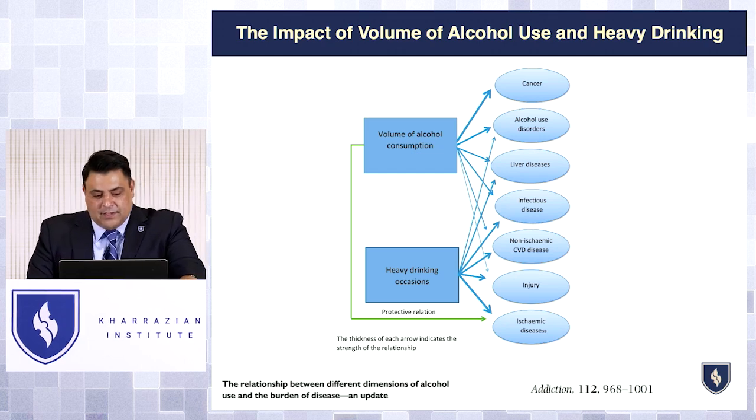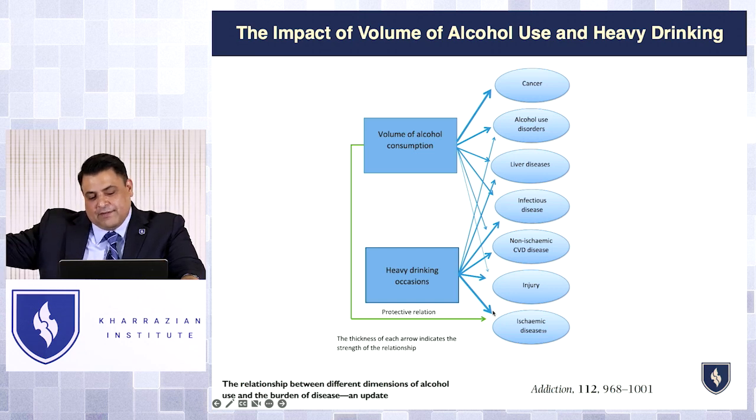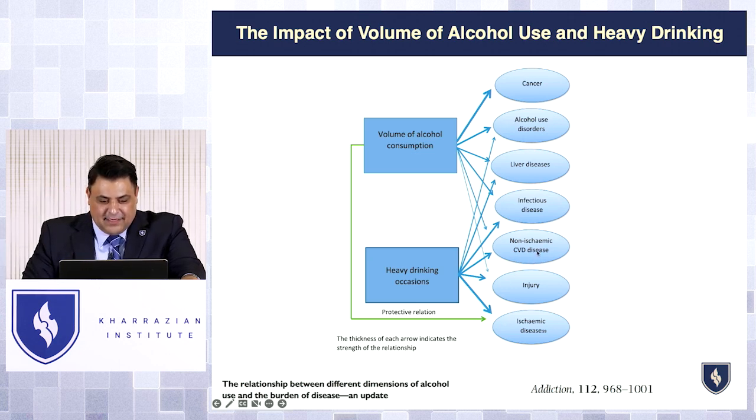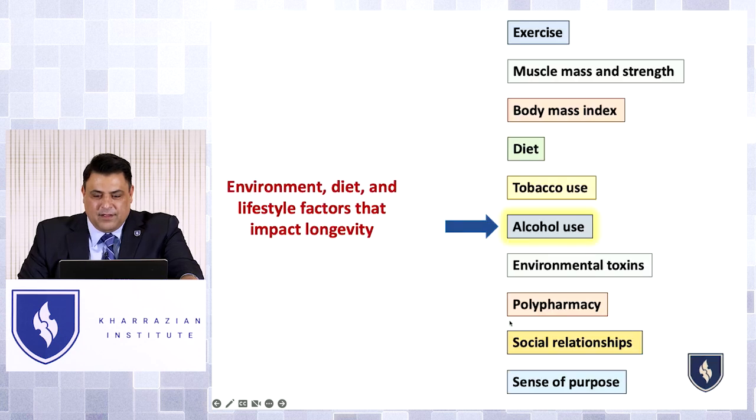Or here's the other one, if you're a heavy drinker. So if you say, well, you can have 2 drinks a day, and I'm going to have them all on Friday night, that's called heavy drinking occasions. Heavy drinking occasions do have increased risk, especially for heart attack, and especially for injury because they're falling and hurting themselves because they're so drunk. So there's a big difference between having 5 drinks throughout the week and 5 drinks all in one night. So heavy drinking occasions are not good. They do increase risk for heart attack and ischemic heart disease in those people.